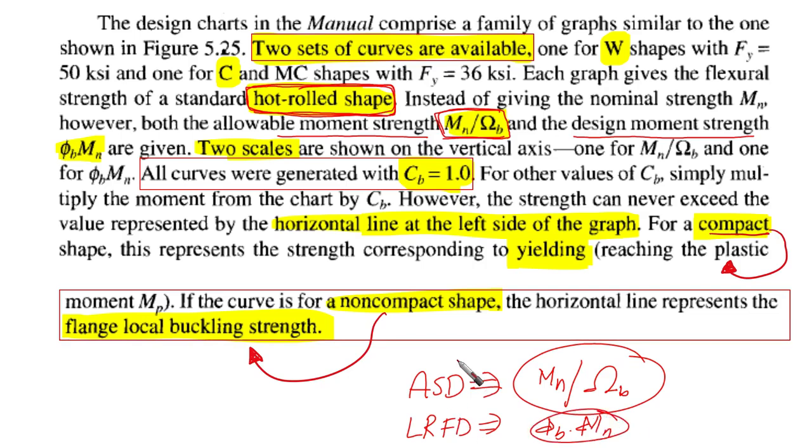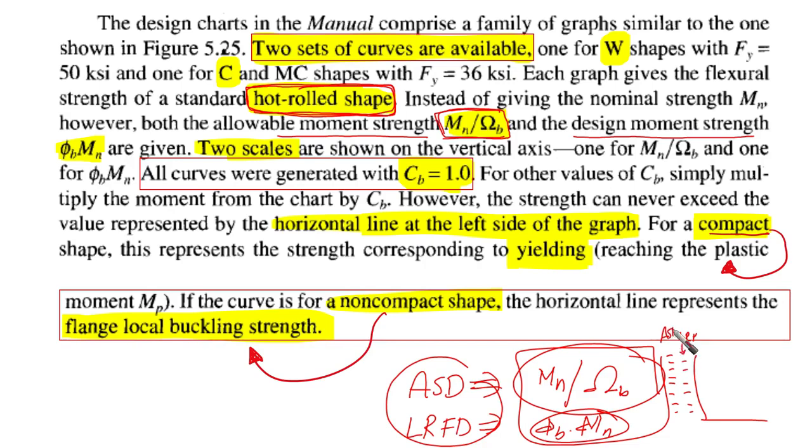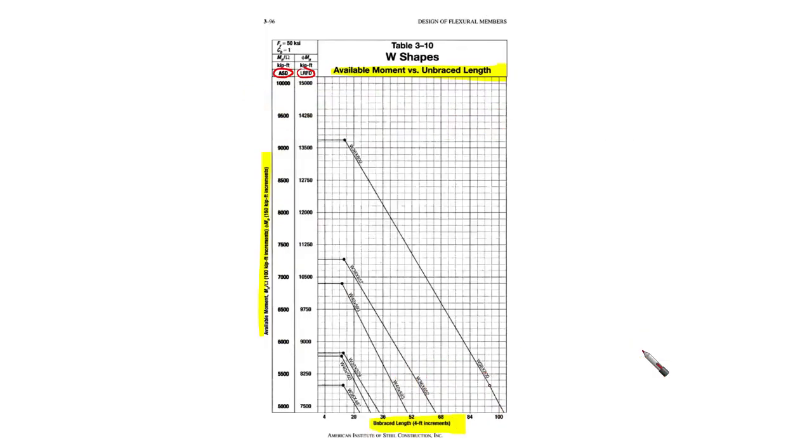Both of them are given on the vertical axis. So you're going to find numbers here, and this is under LRFD, for example, and other numbers adjacent to it, based on ASD. This is, as we said, the allowable moment strength or the design moment strength. See? So here this is ASD, this is LRFD,